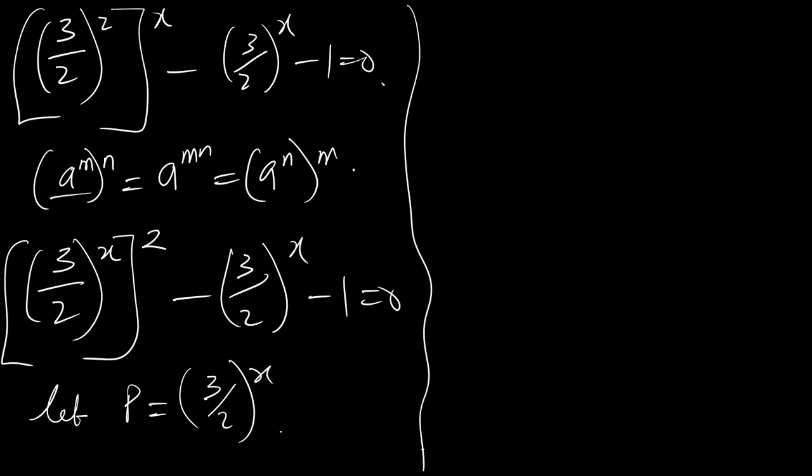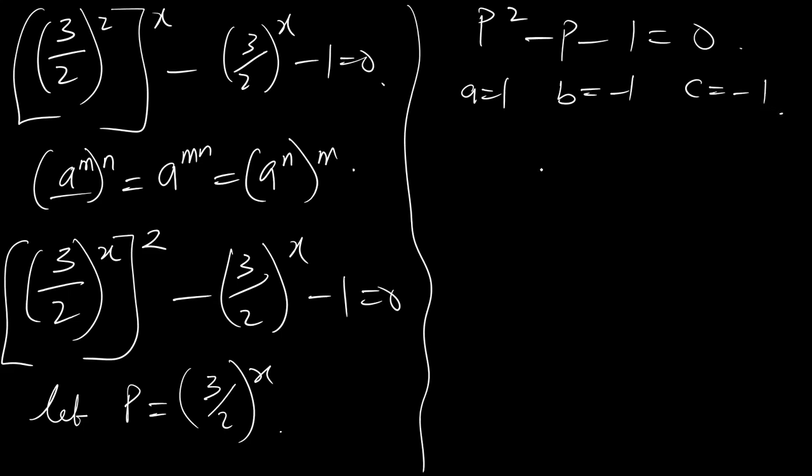Now we're going to substitute p equal to this into this equation. So that means we'll have p squared, because the whole of this is p, so square, minus the whole of this is p, which is p minus 1 is equal to 0. So now, let's use the quadratic formula. You have a is equal to 1, b is equal to minus 1, c is equal